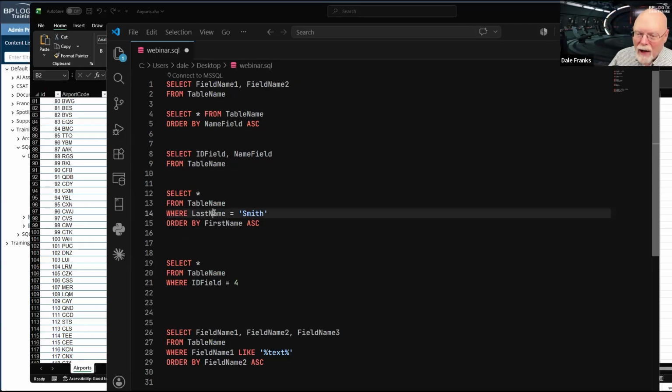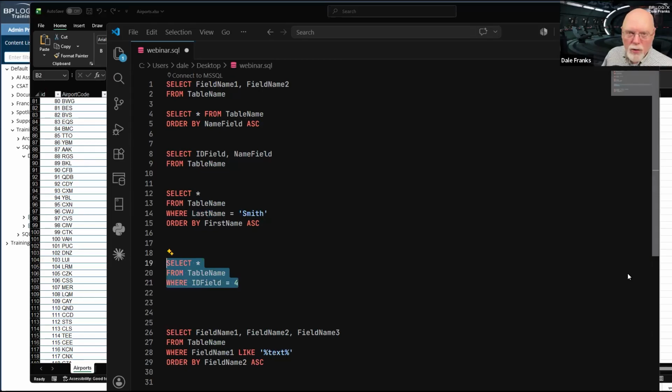I don't have to worry about alphabetical order for the last name. They're all going to be Smith. So I'm going to see a whole bunch of Smiths. I'm now going to need to determine, by first name, what the actual sort order is for all of the Smiths that I'm going to return. So if I'm returning a single record like this, I don't care about sort order. There is nothing to sort. It's going to return one record.